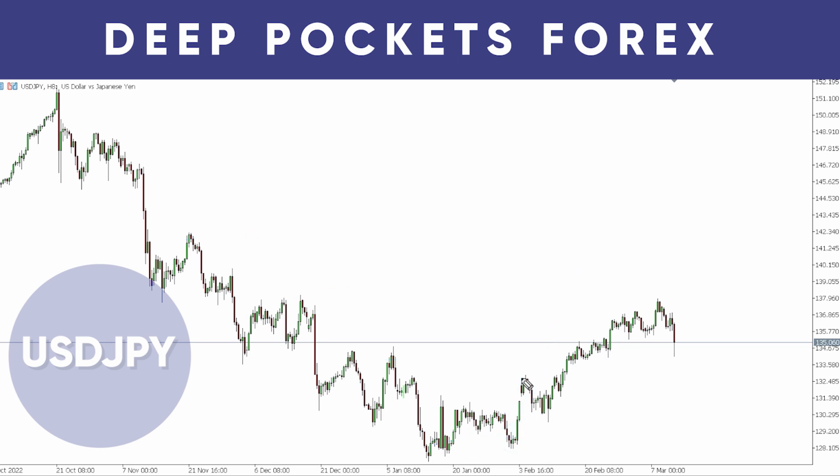We got an impulse move here, and then we're just moving up slowly, and we're losing momentum here. This is a loss of momentum, so that's why you see we got a drop breaking this previous low, but we're still expecting price to keep struggling all the way up, breaking this previous high. Even though we could get a pullback here, this can come like this: pullback, corrective structure, drop, corrective structure, drop,